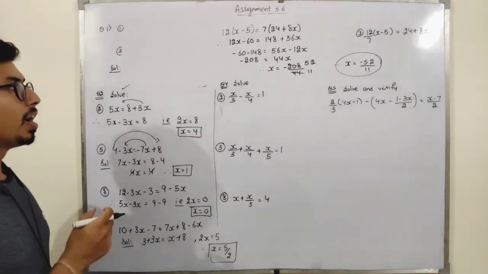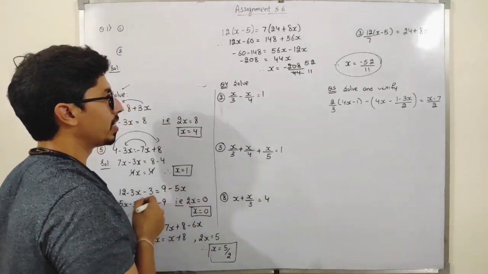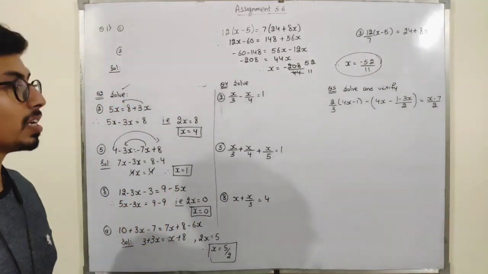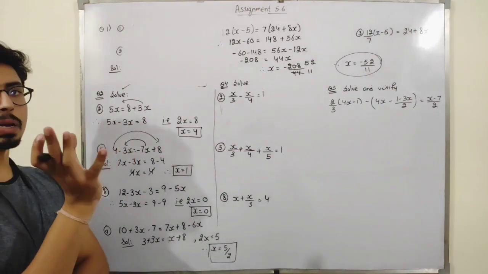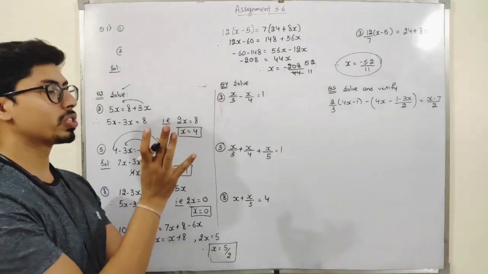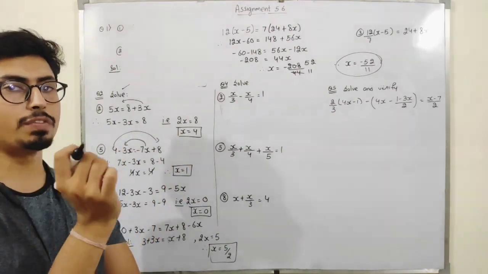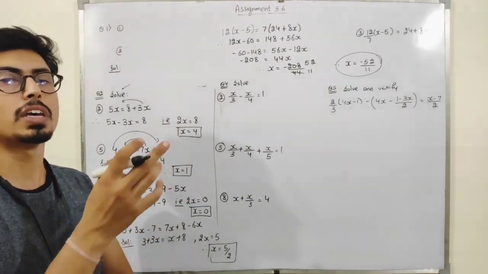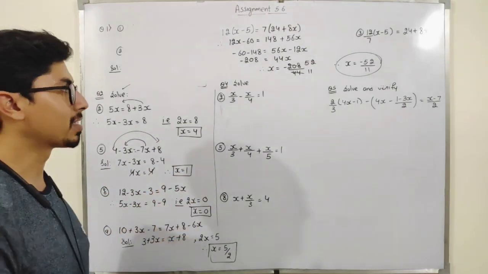Okay. Now students, we're going to discuss question number 4, students. Question number 4 consists of 9 parts, out of which I am discussing 3 parts. See, this question is also the same, students. You have to just solve and find out the value of the variable. That means you have to find out the value of x.